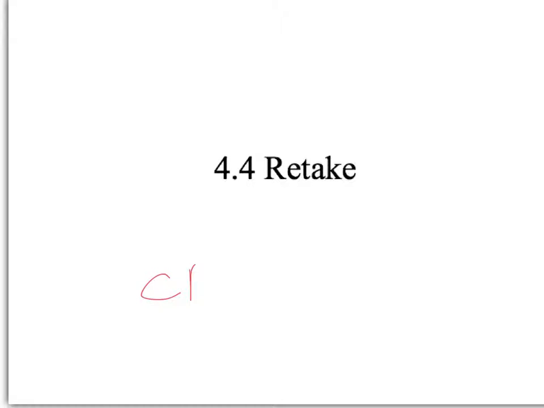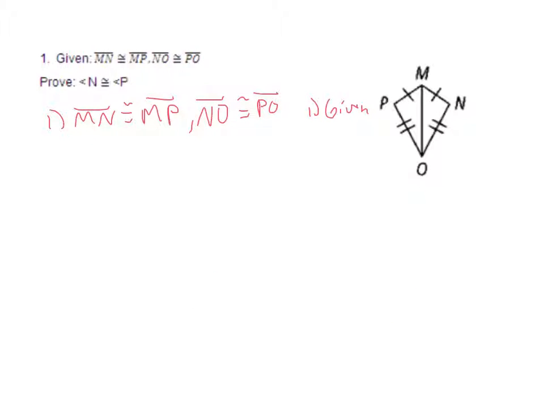4.4 retake. Again, you have to write down every problem, every step, and you have to write down the hidden word in each problem. Not one per video, one per problem. So 4.4 was CPCTC, which is proofs. So everyone should always have the first statement reason. You should pause right now so you can write all of this information down, even this information right here, including